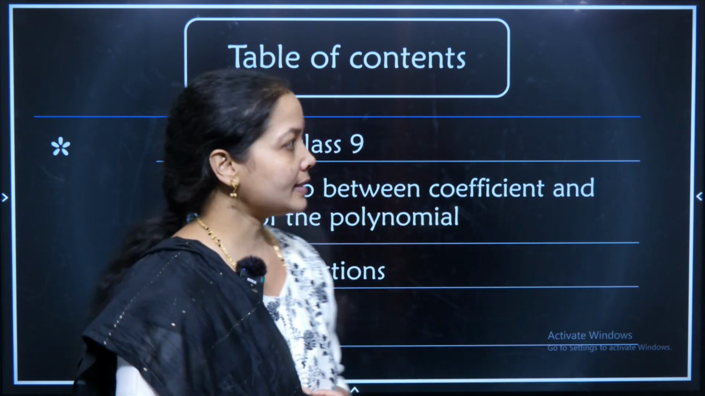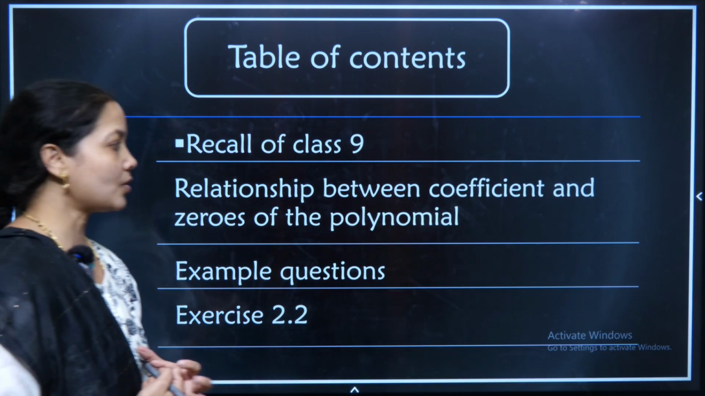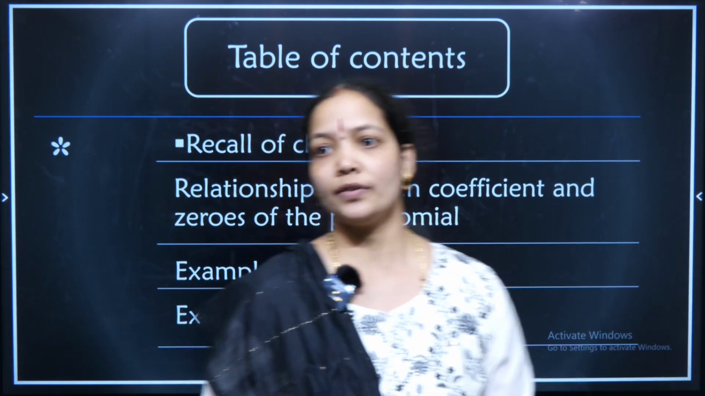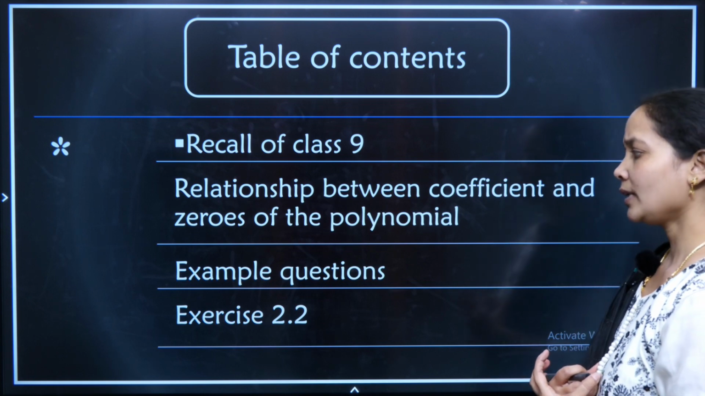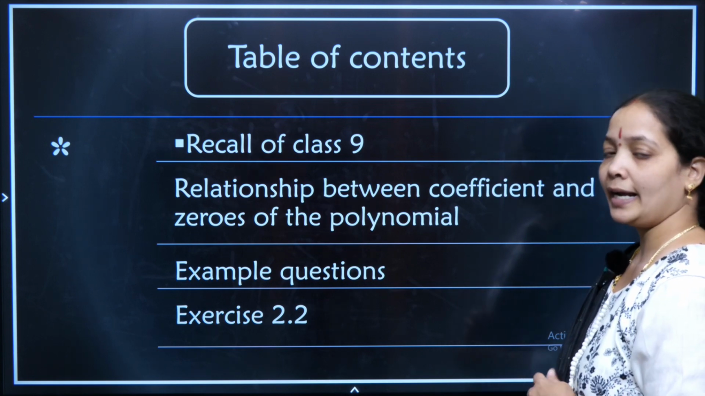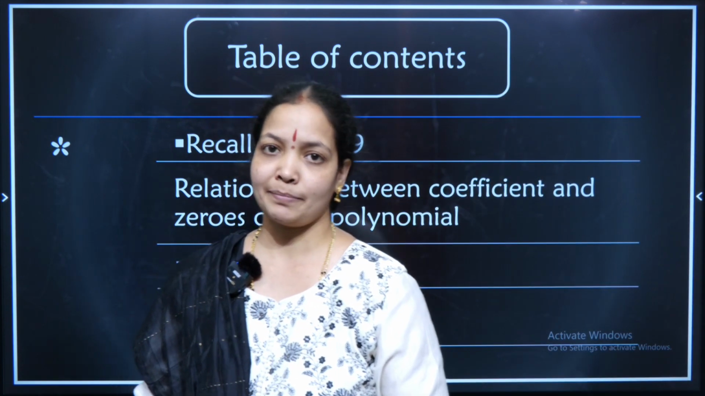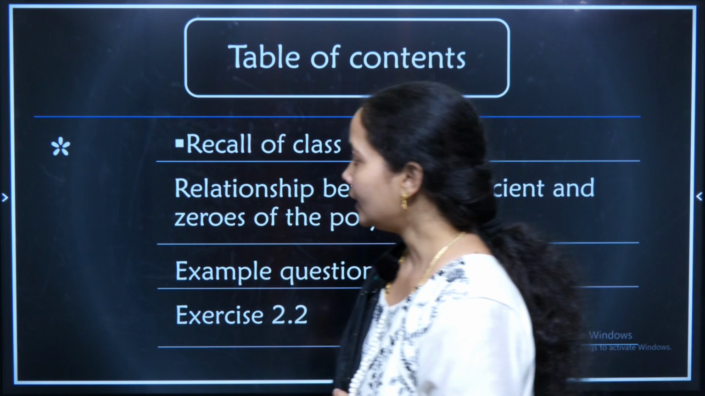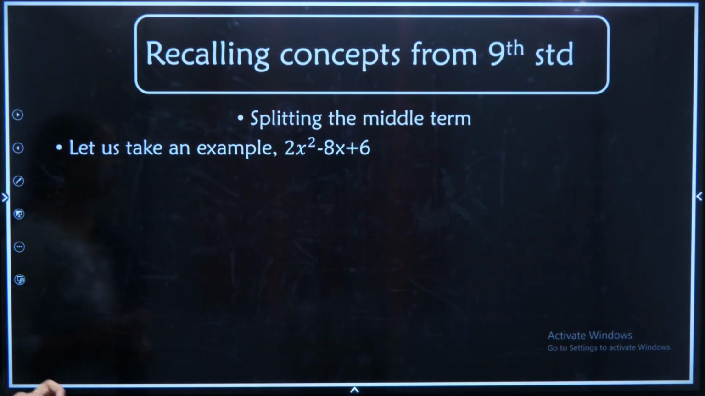Alright, so the second content here will be learning about the important topic of the chapter called relation between coefficients and zeros of the polynomial. I will also make you analyze some important examples, and we'll also be learning exercise 2.2 in a very nice manner. So moving ahead, let us start the class and go to the depth of